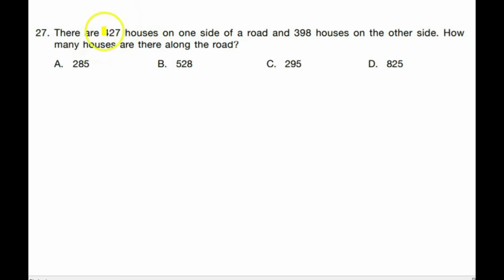There are 427 houses on one side of the road and 398 houses on the other side. How many houses are there along the road? That means how many houses are there altogether? So what we need to do? We need to add 427 and